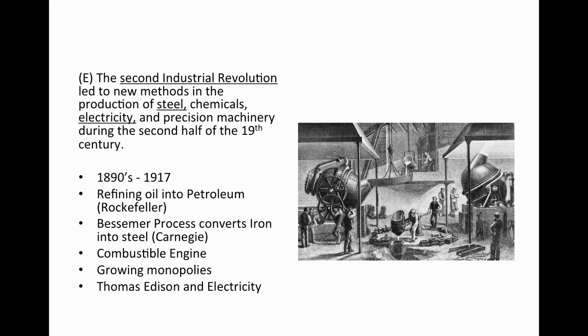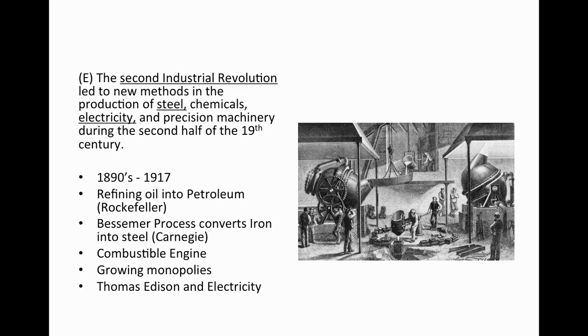We know Andrew Carnegie was the steel magnate. He innovates the Bessemer process, which actually is the process to turn iron into steel. He didn't invent that process. He made it better. So steel is going to be a new material, and again, through innovation, it's going to be cheaper and easier to make.